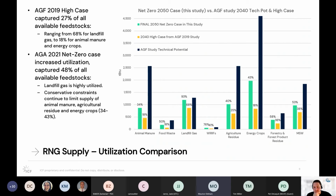Related to Tim Miller's question here, which is, on what grounds? What we're trying to frame is that we're not being prescriptive around the policy and regulatory framework, saying here's what policy or price you need to get this much RNG in the pipeline. We're taking a step back and saying, if we're pushing hard everywhere across the economy, we are going to apply less conservative constraints on this RNG supply. For landfill gas, if in 2040 or 2050 we need more resources across the board, then landfill gas should make a more aggressive contribution to hitting a net zero target. We're not being prescriptive about how the market will change. It's more that, in a general context, we need to be pushing aggressively on all of these different